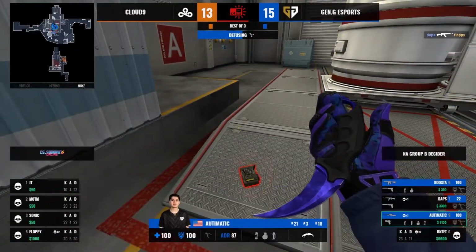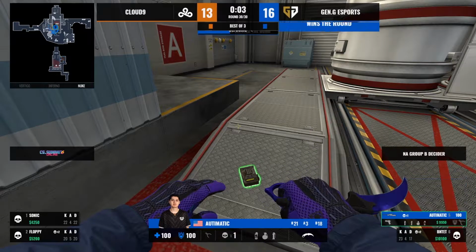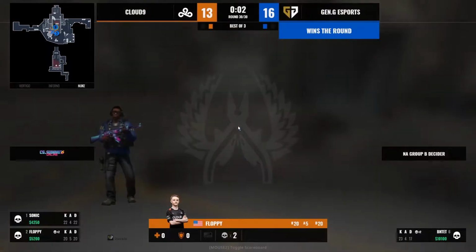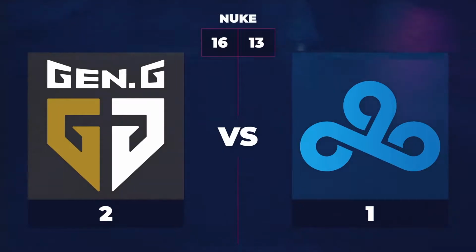After a trouncing, a 3-16 loss on Vertigo, Gen.G has come back and taken Inferno, and now they've taken Nuke, and they've taken the series. And I can't believe in the manner they've done it. They've been